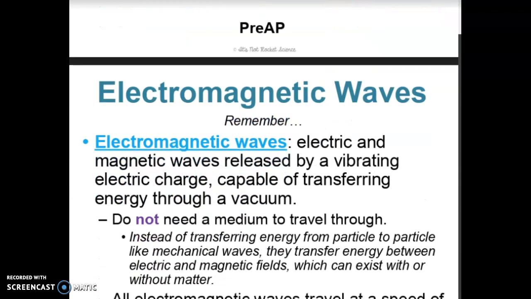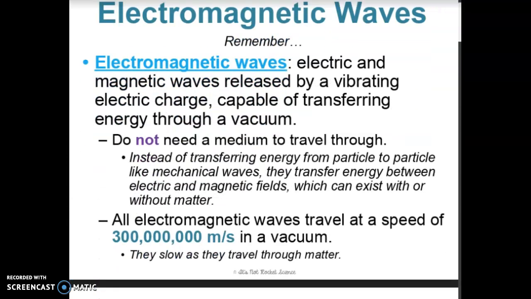So electromagnetic waves, they're electric and they're magnetic waves, and we've talked about electromagnetism when we talked about how we could put a nail inside a circuit and that nail would become a magnet, even though it's not a magnet without the circuit. So electromagnetic waves, keep in mind that they're a very similar concept. We have these electrons flowing through these waves, and it makes it magnetic. So we're able to transfer energy through a vacuum.